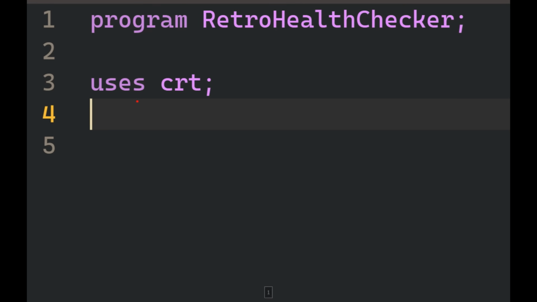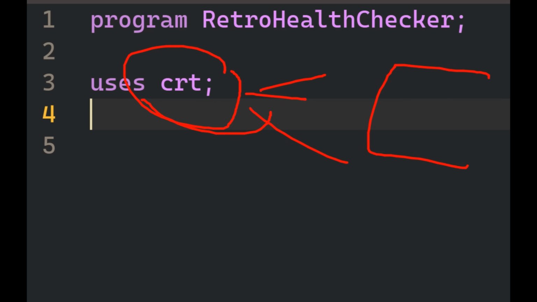CRT actually is a built-in dependency. It stands for, yes, you guessed it, cathode ray tube, the big monitors of the 70s, 80s, even 90s and 2000s. We still have cathode ray tubes used. Of course, I don't think that there are any manufacturers who continue to manufacture CRT monitors, but CRT actually is the name of the dependency, and it allows color, screen control, and timing